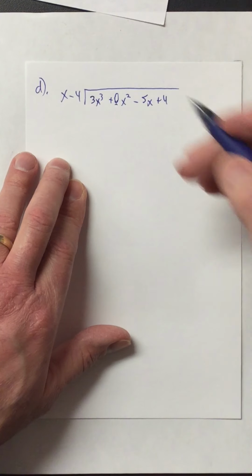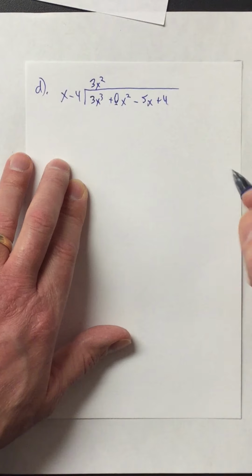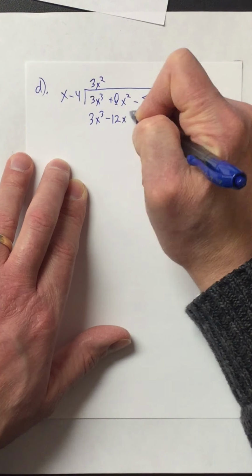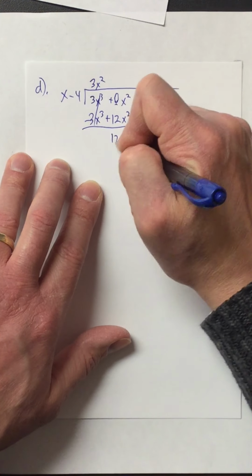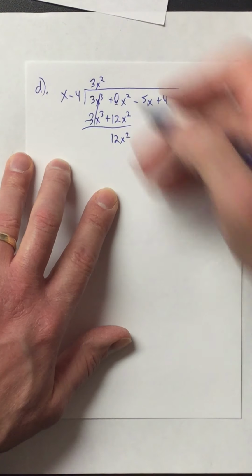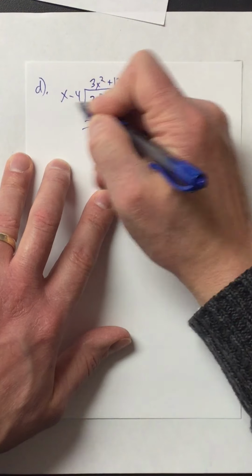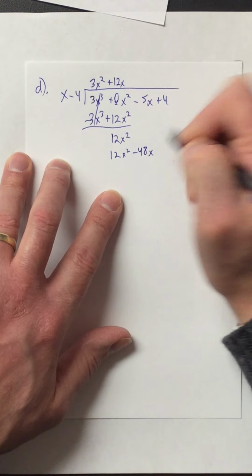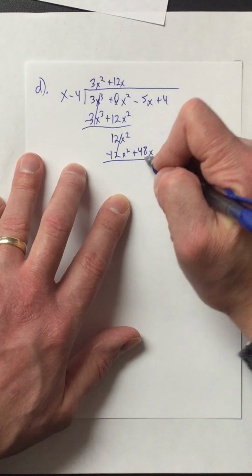All right, once again, let me work through this one here. We're going to take out an x, so I get 3x squared left, multiply it back in, and I get this. Flip my signs, first part cancels, add them, I get 12x squared. All right, plus 12x, when I take it out, multiply it by my 2 terms over here. Negative 4 times 12 is negative 48x. Flip my signs to add them, and first one cancels. 48 plus a negative 5 gives me